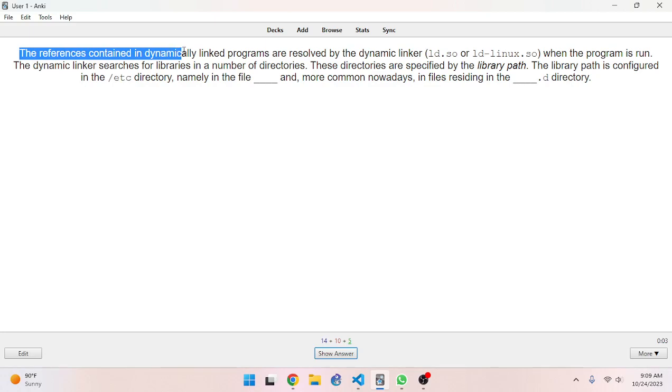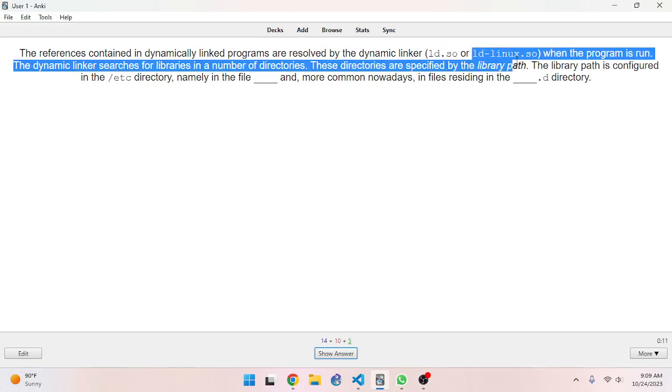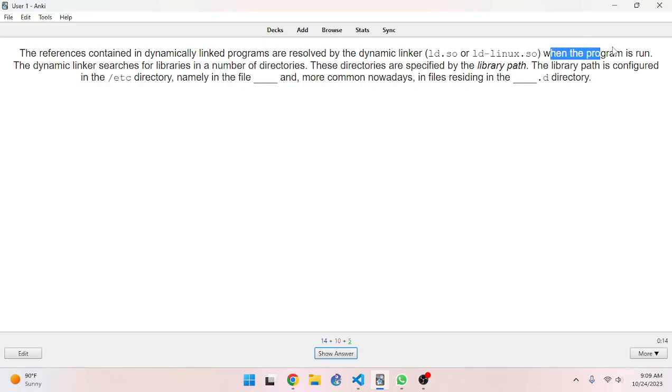The references contained in dynamically linked programs are resolved by the dynamic linker ld.so or ld-linux.so when the program is run. The dynamic linker searches for libraries in a number of directories. These directories are specified by the library path. The library path is configured in the /etc directory, namely in the file blank, and more commonly nowadays residing in the blank.d directory. So this is in /etc, so the answer is going to be /etc, and then